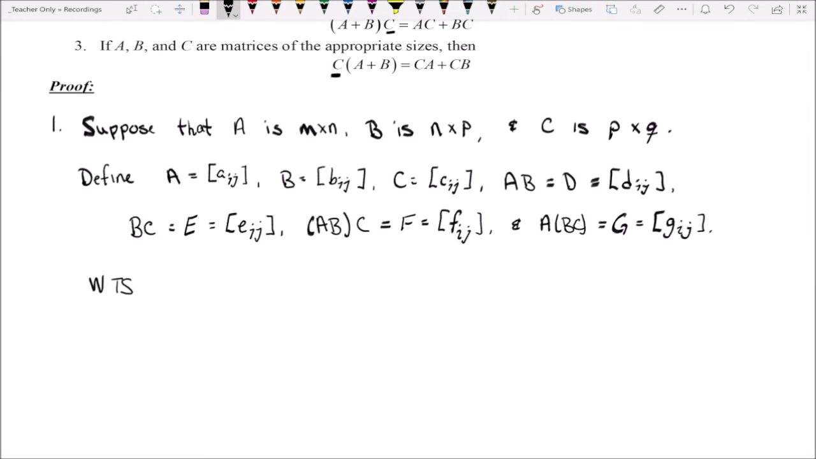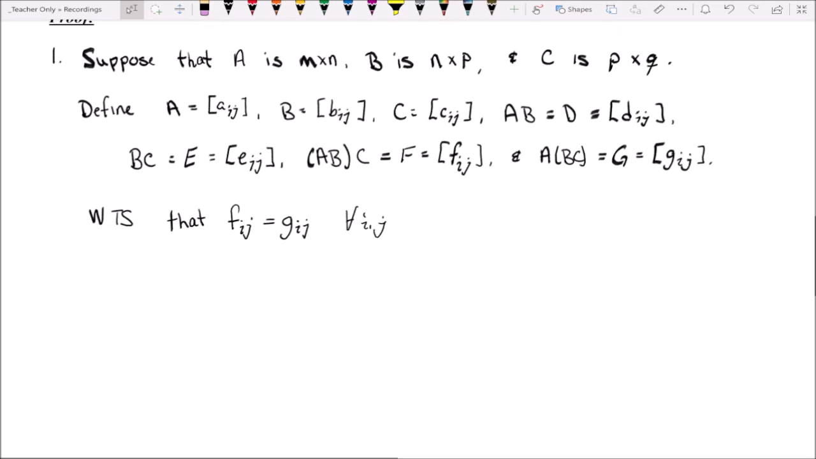We want to show that Fij is equal to Gij for all i and j. Right? So we want to show that the corresponding entries of matrix F and matrix G are the same. To do this, start